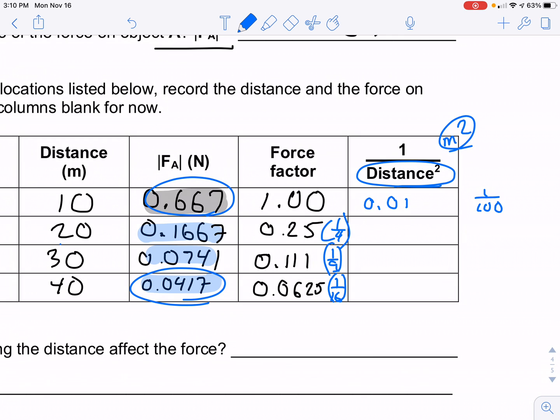And we're taking 1 over that. So 0.0025. For this next one, we're taking 1 over 900. This is 1 over 400. This is 1 over 900. .00111. And the last one, we're taking 1 over 1600, which is about